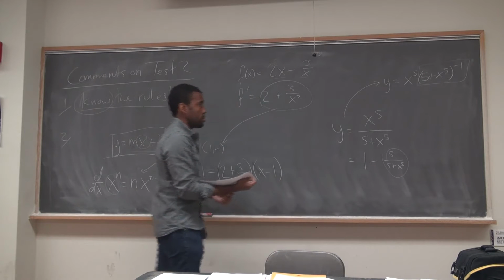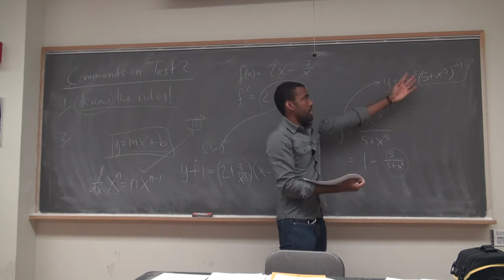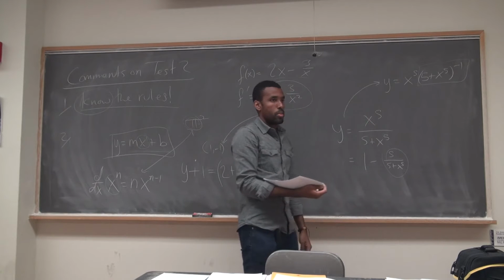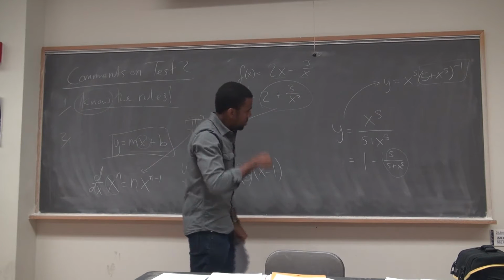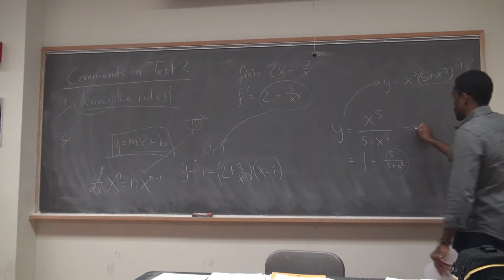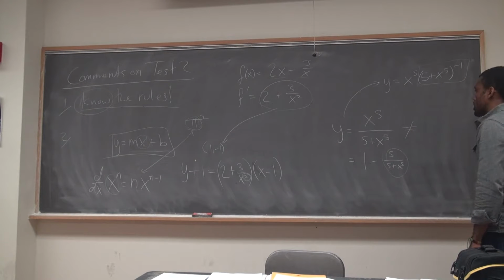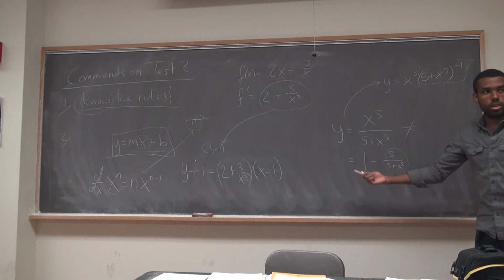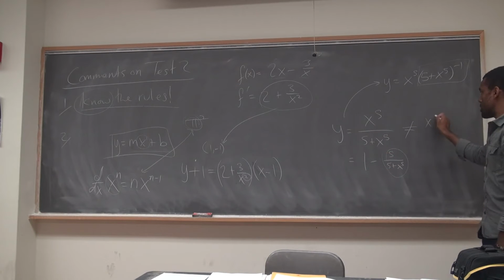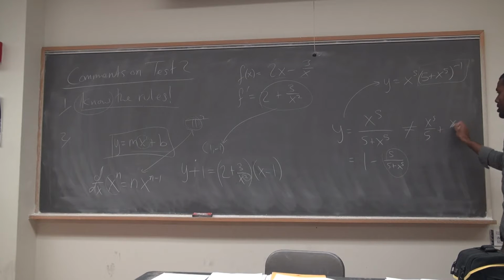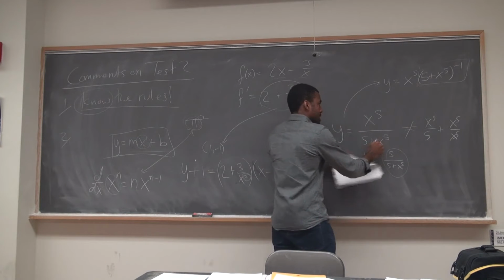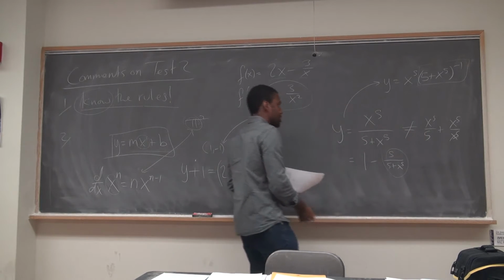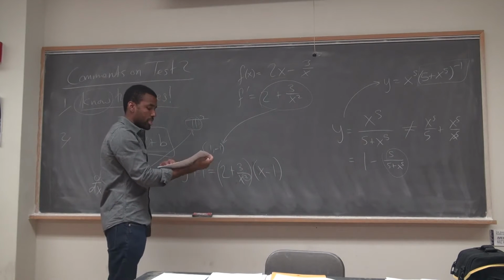The only time I think of manipulating it like that is if the top or the bottom is a constant. Otherwise, I just try to divide. Not many people made this mistake, but I think I saw it once. You cannot split a fraction across the denominator, right? So this is not the same as saying that. I maybe saw one person do that, but you should know you can't split up the denominator in a fraction. You can split the numerator, but you can't split the denominator.